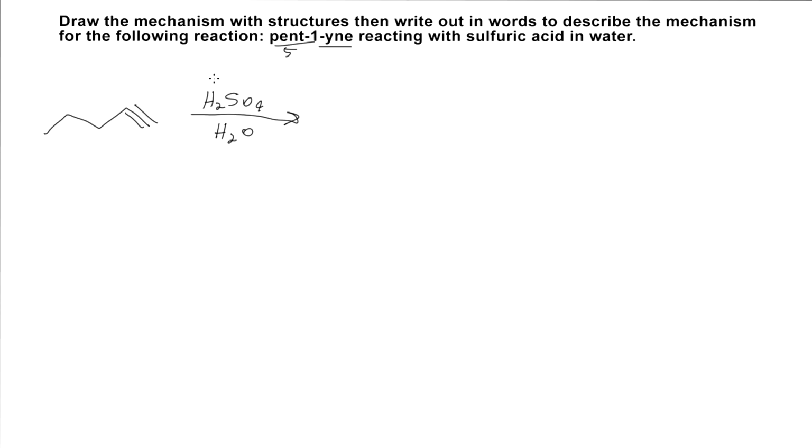Now what's going to happen here is this proton on the H2SO4 is going to provide a positive charge, which one of these pi bonds on the triple bond is going to want to react with. So that's going to go to that positive charge, and it's going to work like a lone pair of electrons, and that's going to form a new bond, thus pushing it off of the HSO4 minus anion here. And the second step is going to be the same exact thing, except we're going